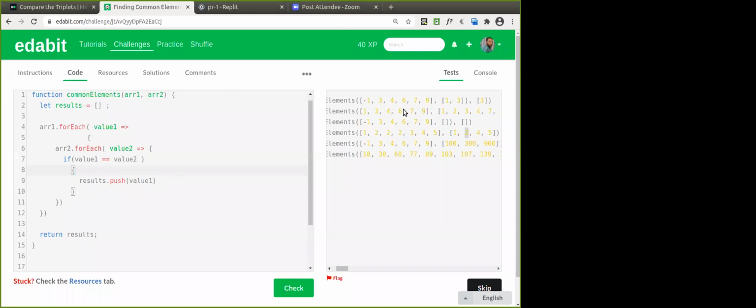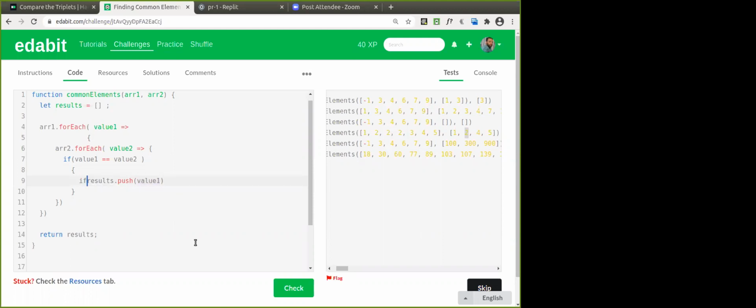No answers. So the simple answer is that you have to check whether that element is already there in the results or not. If it is not there, we are going to push. If it is already there, we are going to leave it. Value 1 is already there in the result or not, that we have to check. Or value 2, whatever it is. Yeah, very good. Uday has answered that one. Good. So we have to check that one.